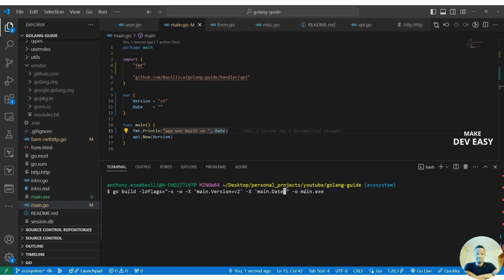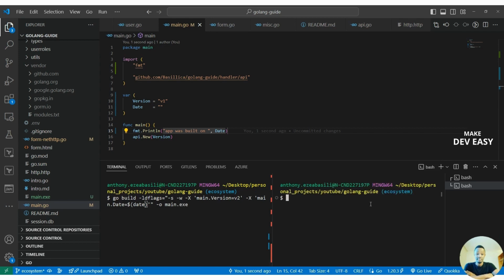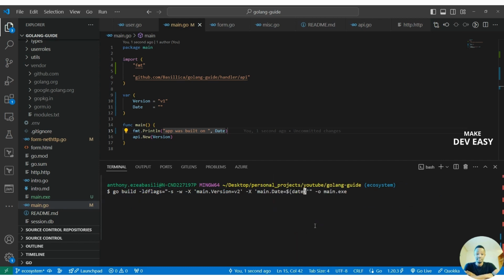And now I can actually use shell script syntax. So I use my $ sign within parentheses like this. I can use the date command from shell script, because of course, if I go to a new tab and I simply say date, I get the current date, something like this. And then if I run this command,